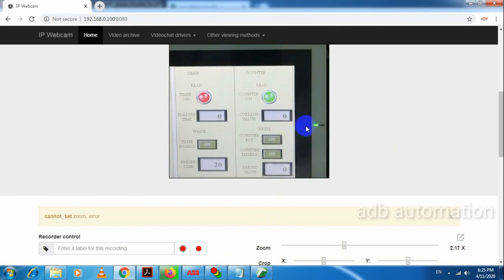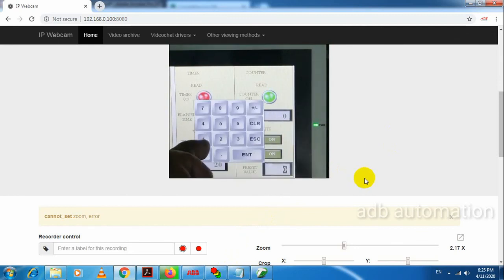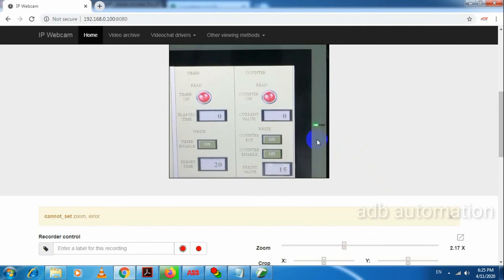Okay, now we will reset the counter. Before that we need to set the preset value here. So we'll count up to 15. So I'll put 15 here. Okay, now counter become off.